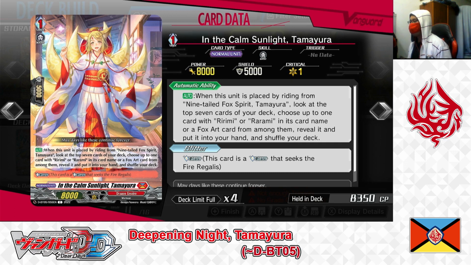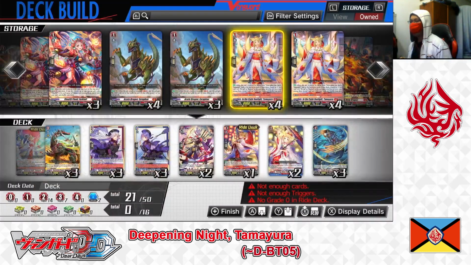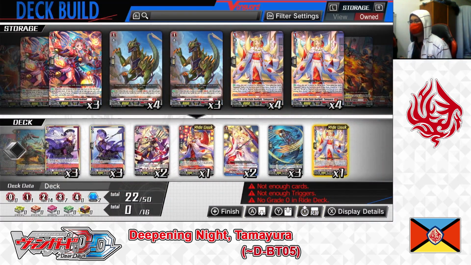So for this first skill, it's a good way to secure either a Rarami or a Fox Art card to help you in your later game strategy. So for In the Calm Sunlight, Tamayura, we're putting 1 into the deck, the Ride Deck, okay? Next up,